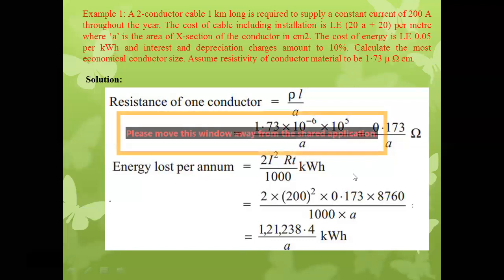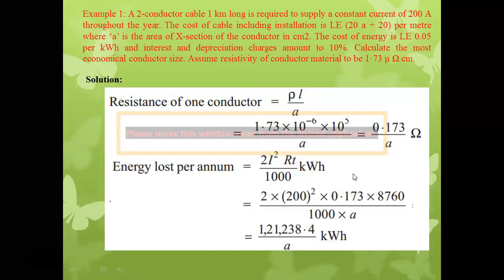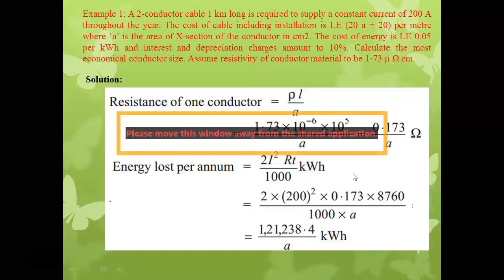So energy lost per annum. The formula for the energy lost per annum we have to note down: 2 into I square R T. 2 is for the two conductors. I means the current flowing through the conductor, R means the resistance of the conductor, and T means the time for which the current is flowing. So 2 into 200 square into R. We substitute the value of resistance from above, that is 0.173